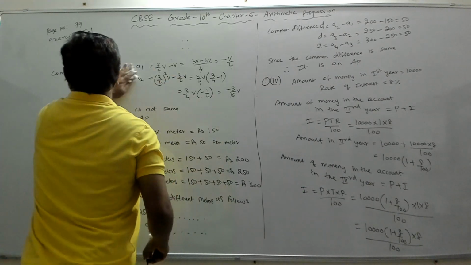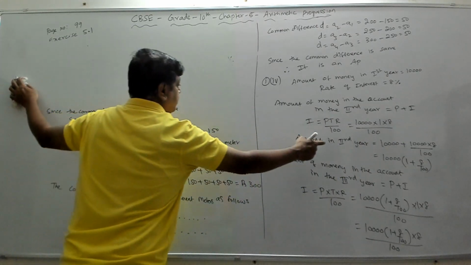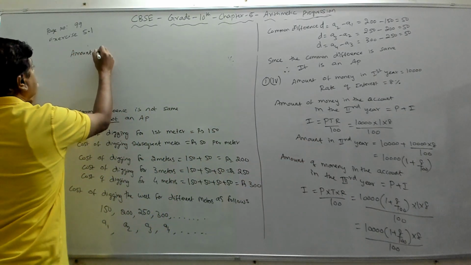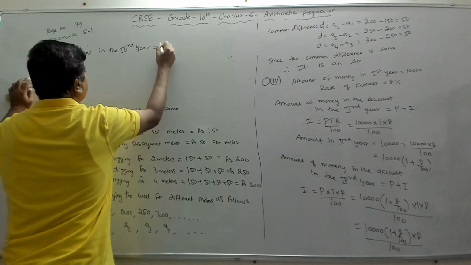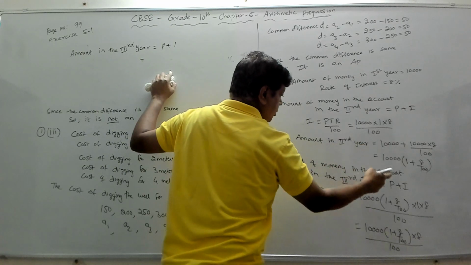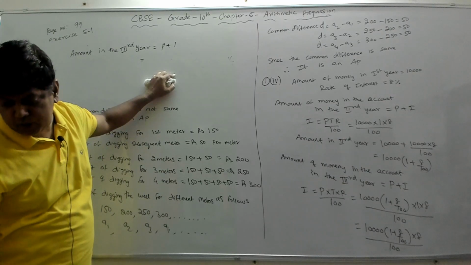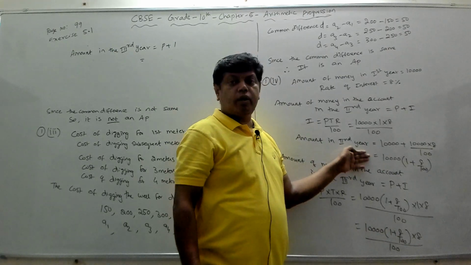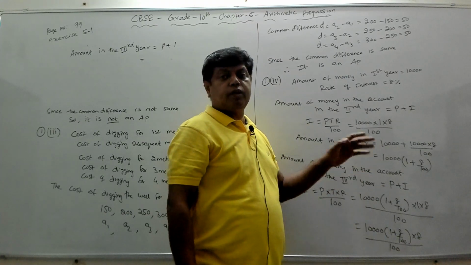Right? So now what we shall do is simplify that further. Let me erase this. I will calculate the amount. So what is the amount? Amount in the third year equal to P plus I. Our principal is how much? Principal is the amount of the second year, which will become the principal of the third year, because it is compounded. It says compounded, right? It's a compound interest. Compound interest means you should take the amount of the previous year as the principal of the next year, when the interest is compounded.